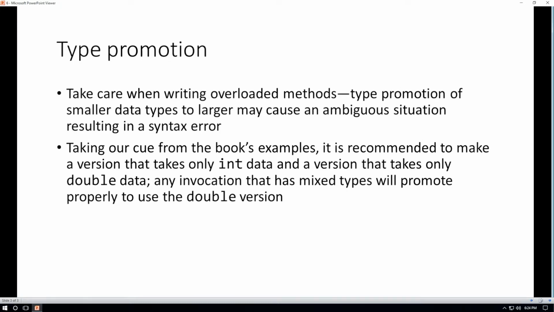But take care when writing overloaded methods. Type promotion, which is where smaller data types are promoted up to larger data types, may cause some ambiguous situations resulting in syntax errors. The book shows a few examples, and I think it's wise to take the versions of the overloaded methods you want and ensure that the data types are different enough that type promotion won't affect you